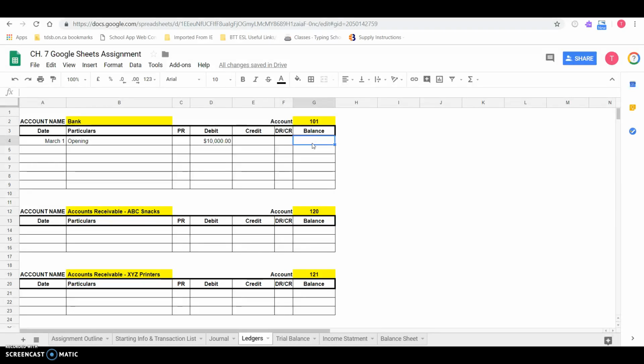I think it's only 9 or 10 journal entries in total, so it's a pretty small assignment. For your balance, in the first case, obviously you just have a balance of whatever you just debited, but for